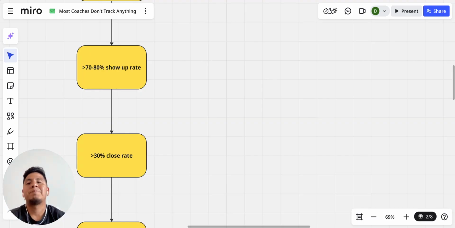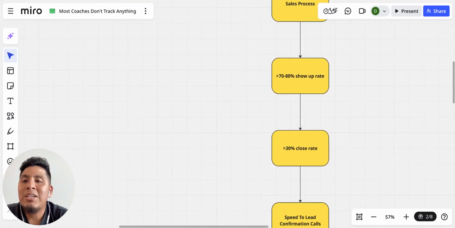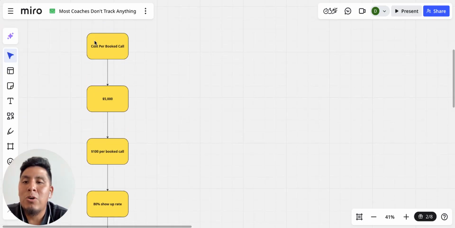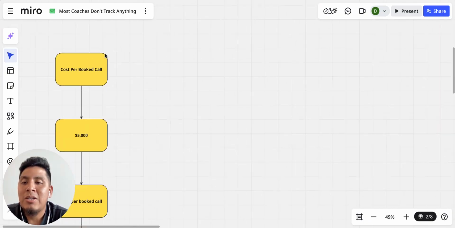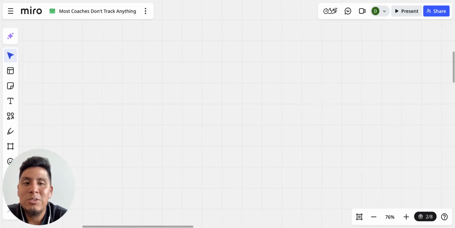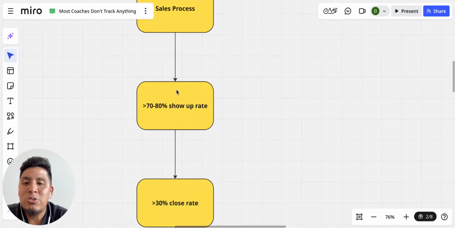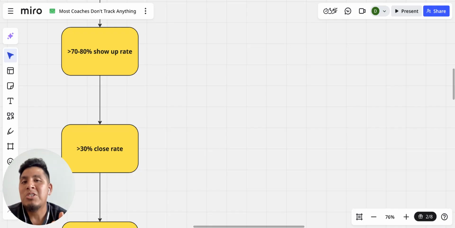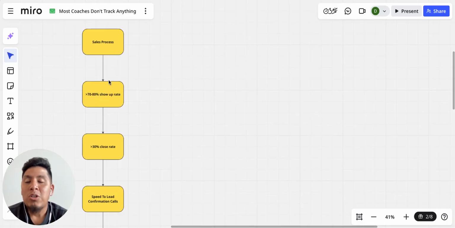So just to recap, right, the two main things that are going to help is, what's your cost per booked call, which is influenced by the offer and also the awareness levels that you're actually running ads to. And then what are your sales metrics when it comes to the show up rate percentage and close rate, in which you're establishing confirmation calls and also the closing frameworks, right? Now, these two main things are probably the biggest levers to make sure that you can have the lowest cost per booked call and then the highest ROAS.